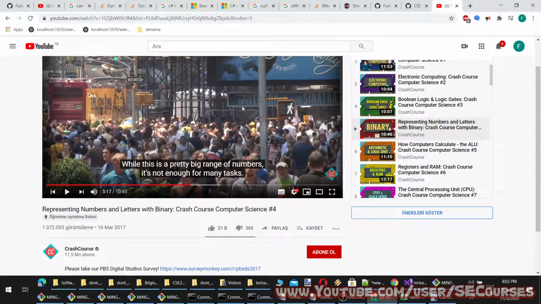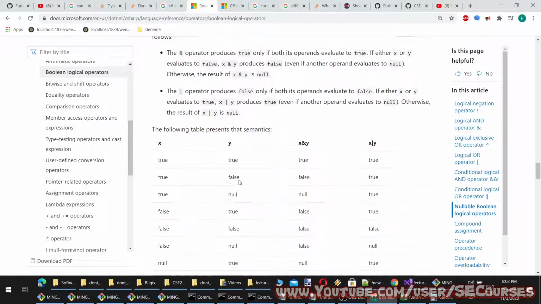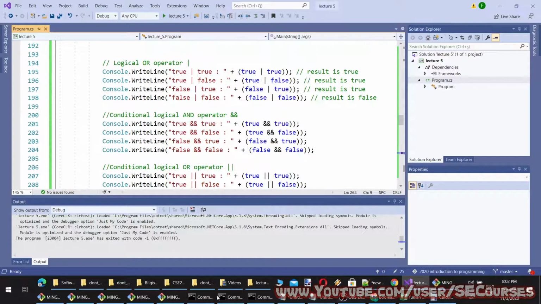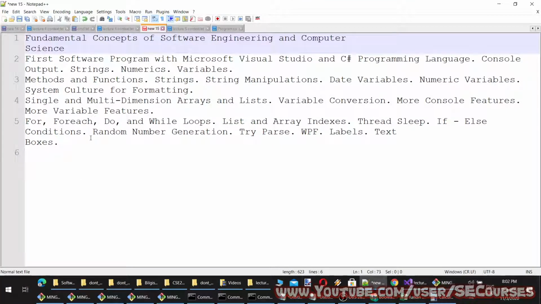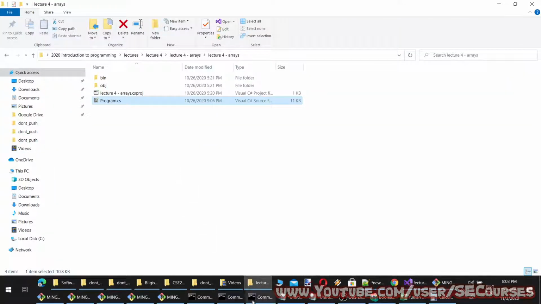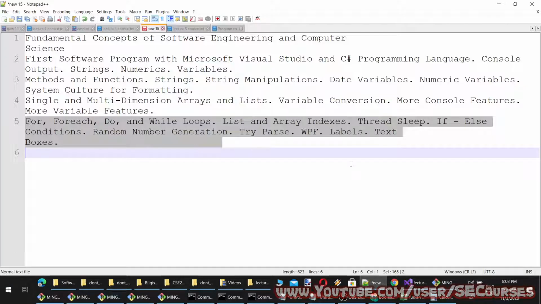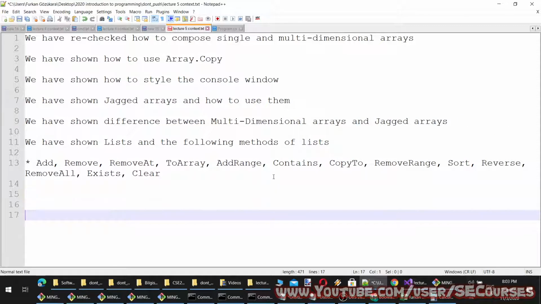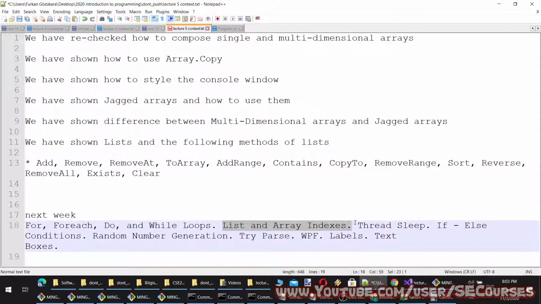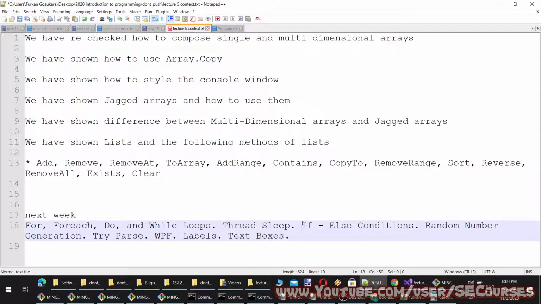After you watch this video, you will have more understanding of it, and so you have seen all of the operations. Next week, I will continue from these loops. Okay, I'm going to note it. We have seen the indexes, if else conditions.